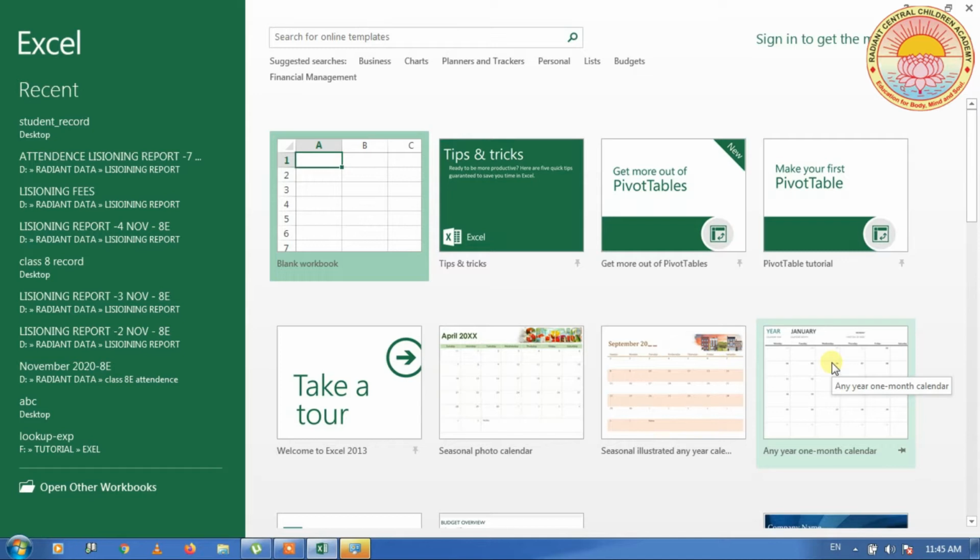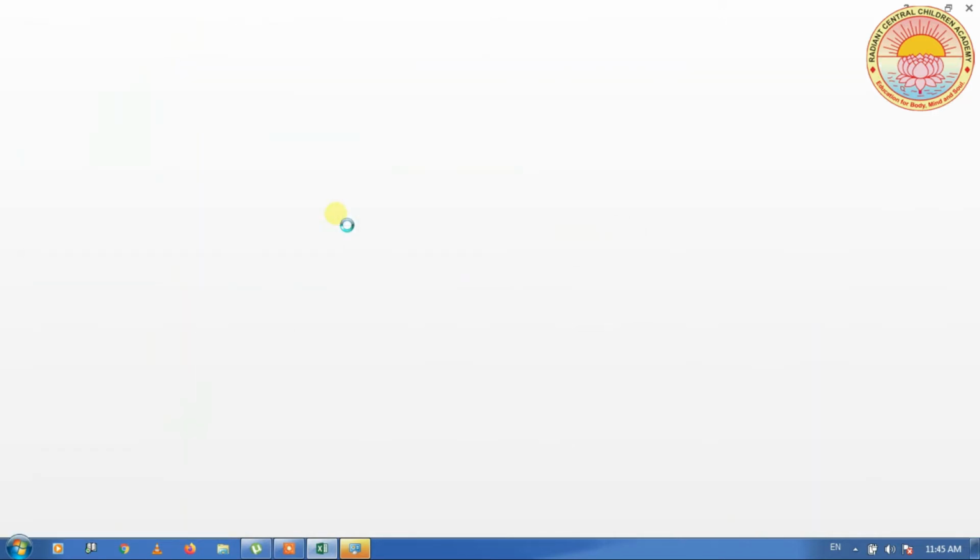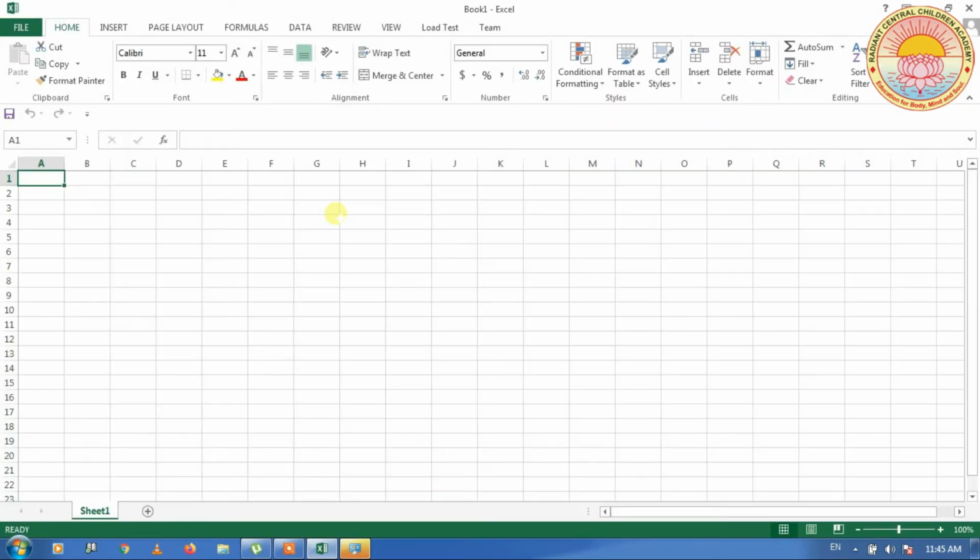So students, this is the interface of Microsoft Excel 2013. In this theme you have to click on Blank workbook. This is the blank workbook. Here I am going to write some student information. I write serial number,